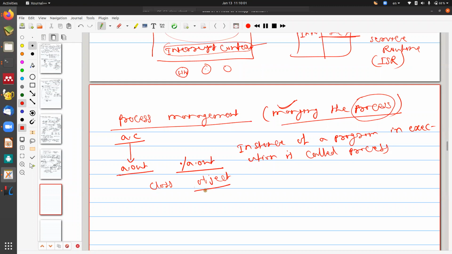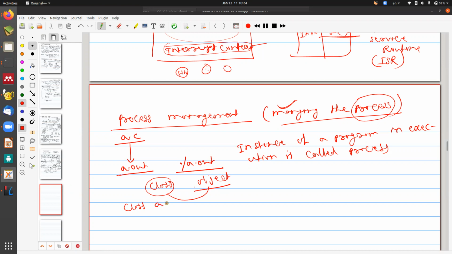What is your definition of the object? The instance of a class is called an object. Can you tell me what this instance of a class is? Is there an example, or is it a presentation? No, I have created a class. Don't tell me an example. I just want to know what exactly you feel when somebody says